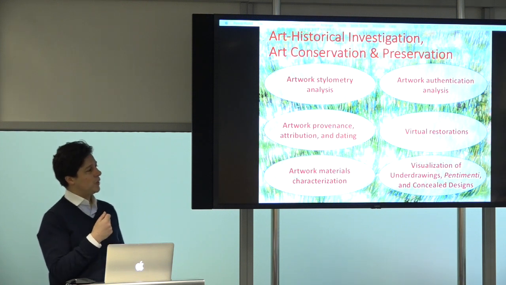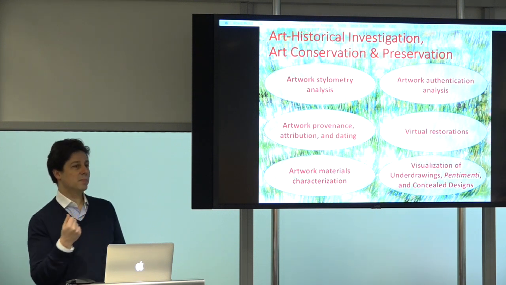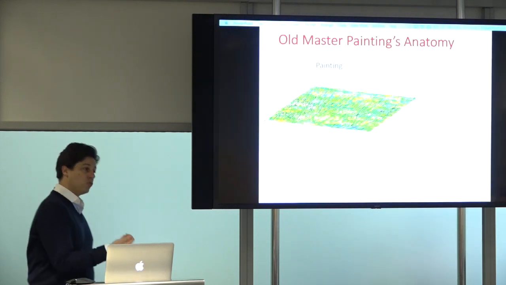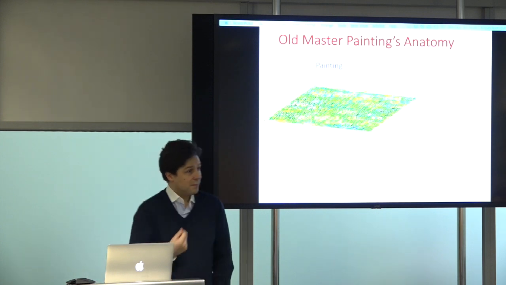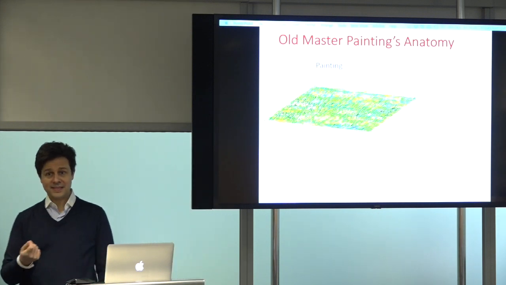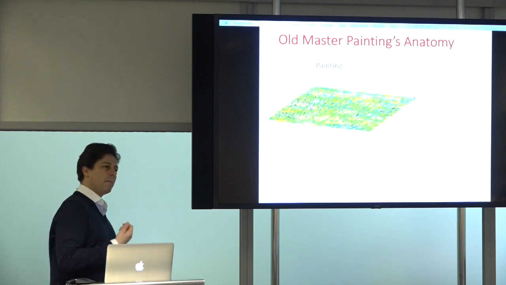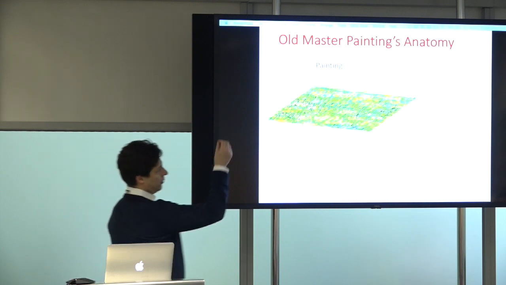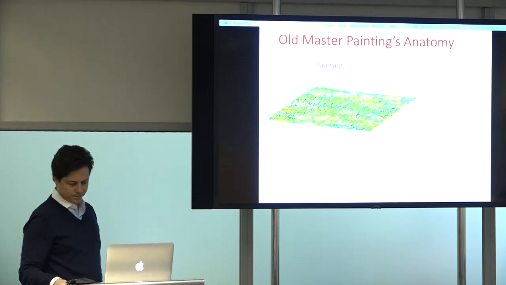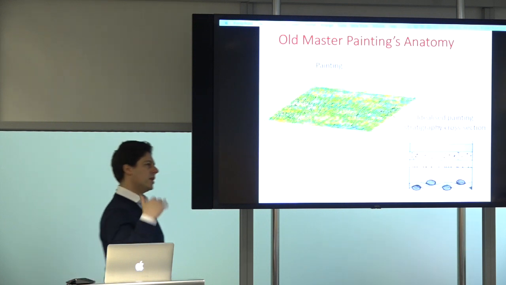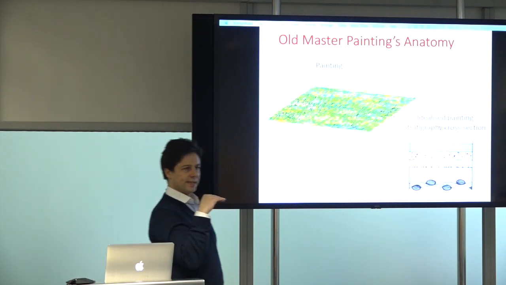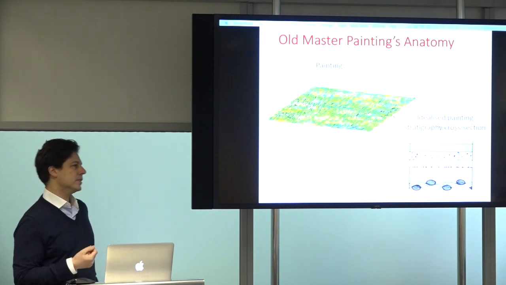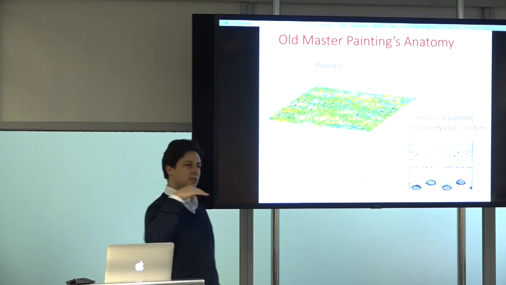However, in order to be able to realize these particular tasks, it's also very important to understand the anatomy of a painting, and in my case, I'm interested in the anatomy of old master paintings. And these are extremely complex objects. For example, if you take a cross-section of a painting, what you will see is that this consists of various layers. So, for example, you've got first the support, such as the canvas, and on top of the canvas, painters often